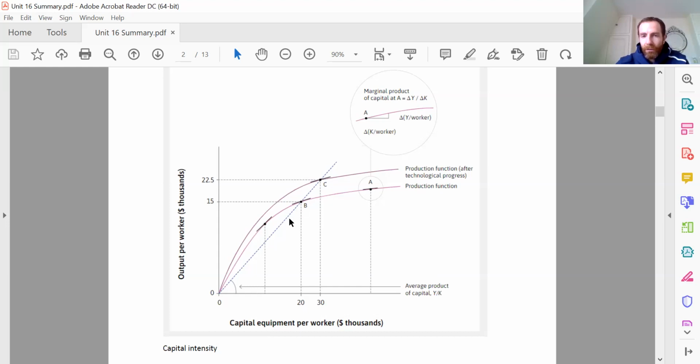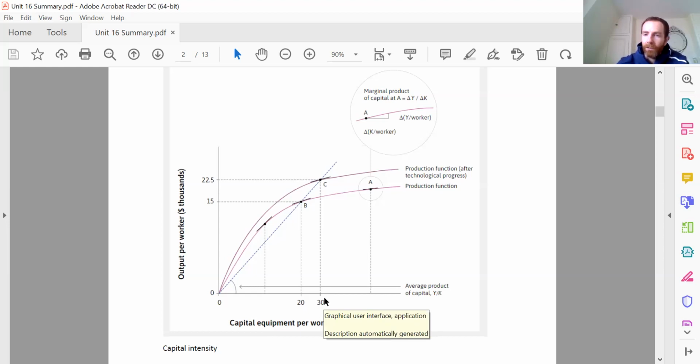So that's an important thing to take into account, mainly because of this blue line here. So this blue line represents the average product of capital. So what is the average amount of output we're getting per worker? And what's interesting here is this is showing us a constant level. And we see on the old production function, that constant average output per worker would be at B. Whereas on the new production function, it's at C. And what's the interesting point about this is on the new production function, to get a particular average product, it's at a higher level of capital